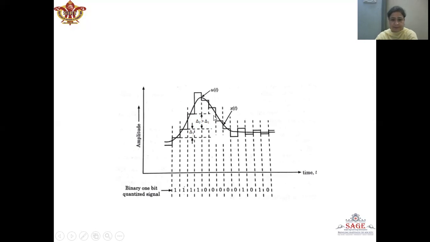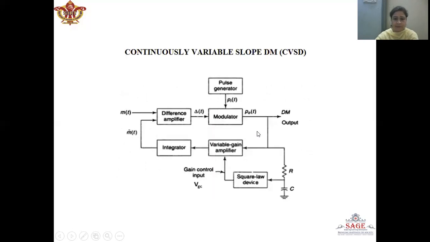message signal. So here we can see this is the region where the message signal does not show much variation in the amplitude. So here we will have alternate 1010 bit transmission. In this case, when these values are integrated, it will produce a very small value, which will reduce the gain of the amplifier. And in this case, the step size will be reduced.